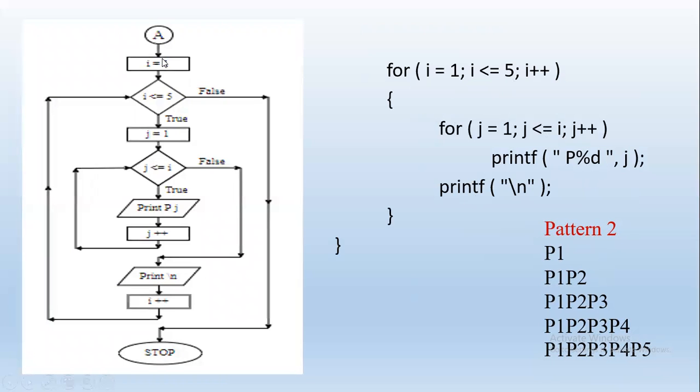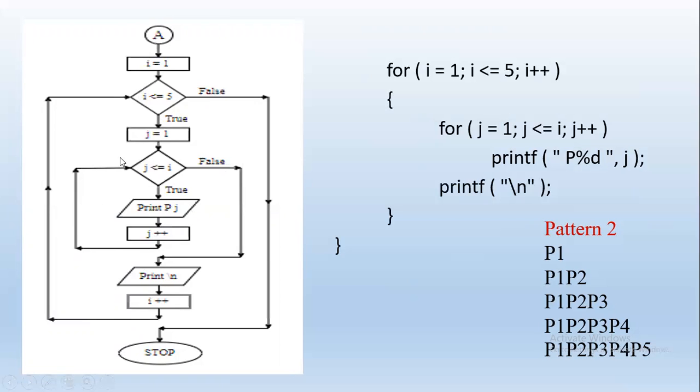As we see, i starts from 1 and the condition is i less than equal to 5. In this inner loop, j will also start from 1. The condition is j less than equal to i. If it is true, print Pj. We are printing the column number, and that is the reason we give P and the value of j. Increment j every time. This inner loop executes until the condition is true for j. Once it is false, then new line and i is incremented, and then i becomes 2.